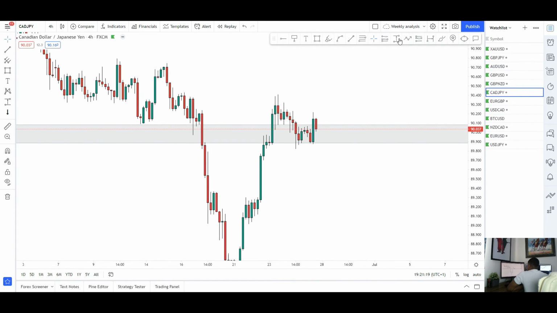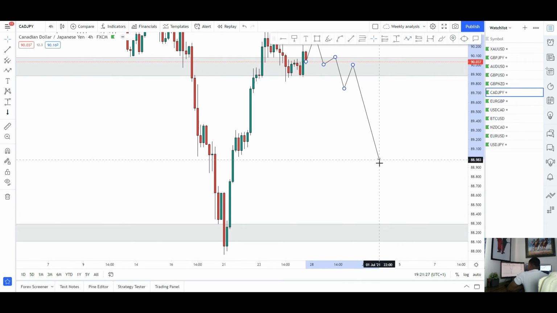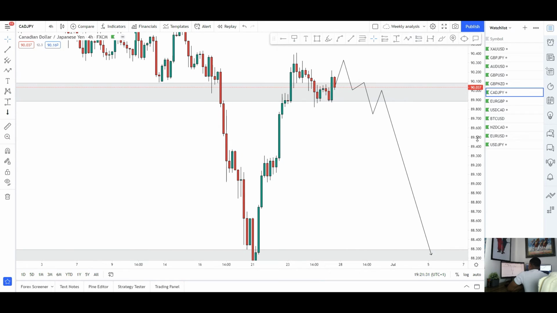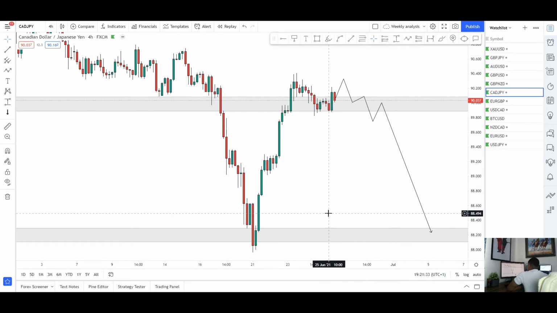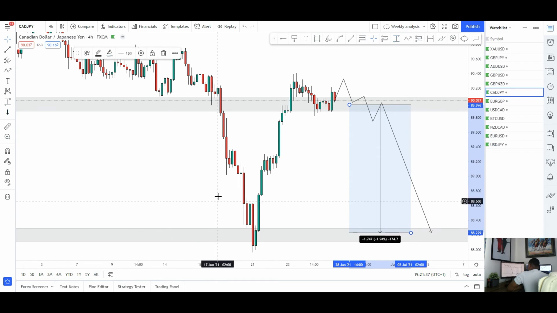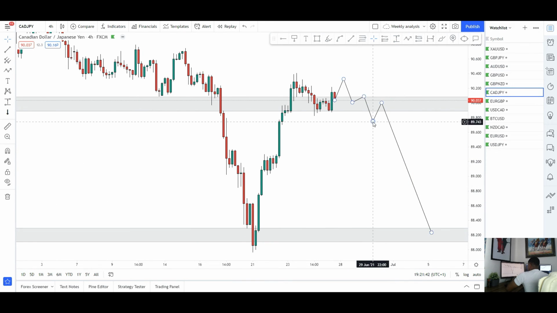So wanting to see maybe a revisit of that previous high there, reject from it again, strong rejection, then we could look for some short opportunities, and then if we're lucky we can see the market push all the way down to these lows potentially by the end of the week, but it could take a little bit longer because again it is quite a big push to the downside that we had because of those fundamentals. 174 pips, so it might take its time, but I do think CAD JPY can revisit these previous lows